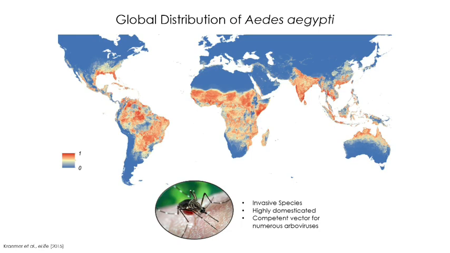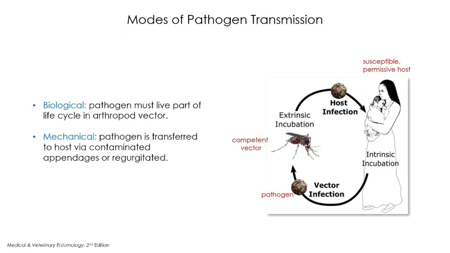And it's largely through human activity that Aedes aegypti and other vector mosquitoes have been spread around the world. Just a brief description of modes of pathogen transmission that I think will help you understand the talk a little bit better. There are a few things required for this kind of vector-borne disease transmission